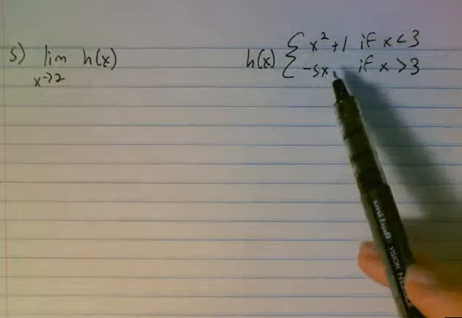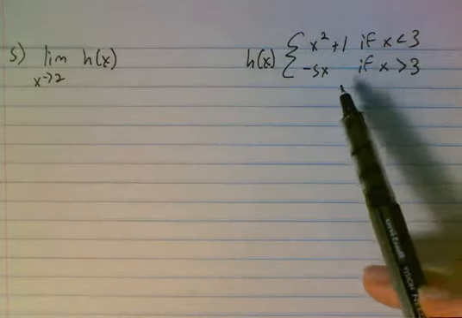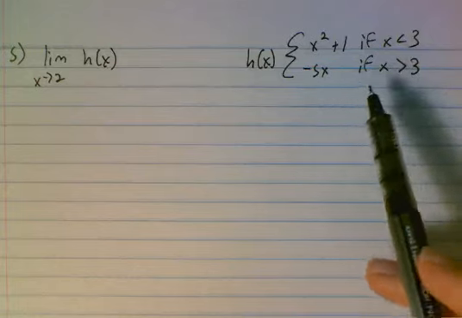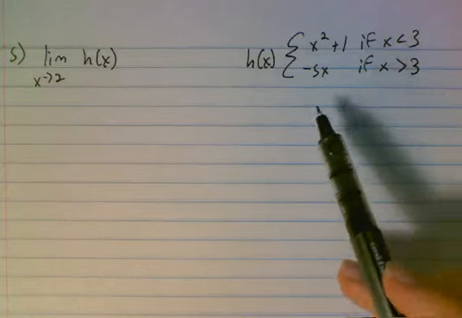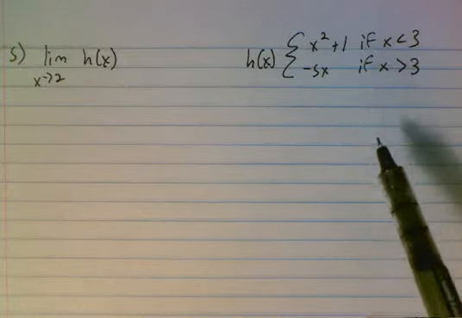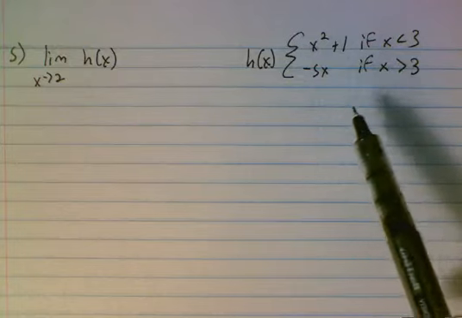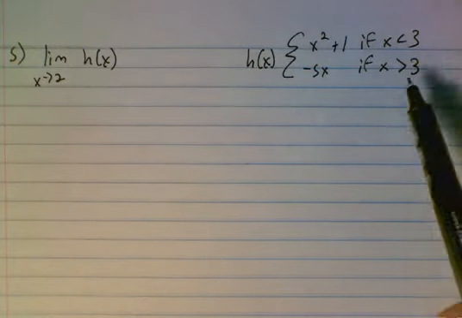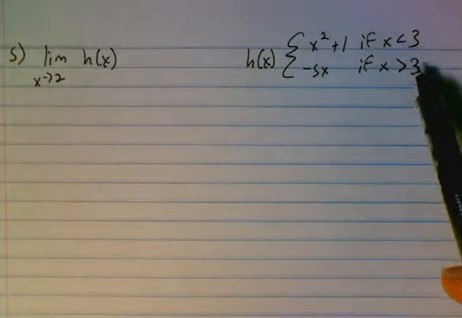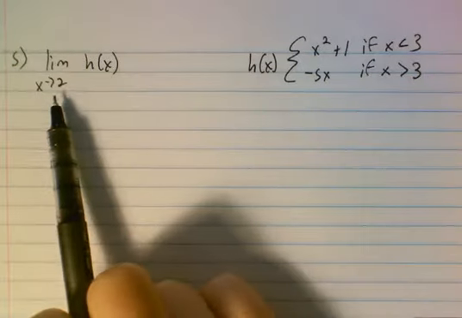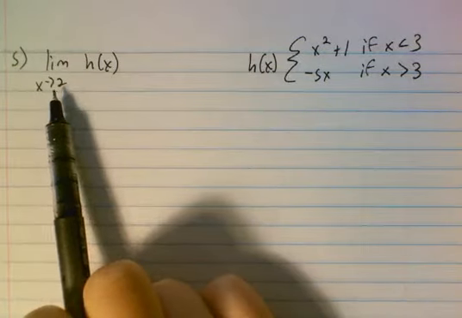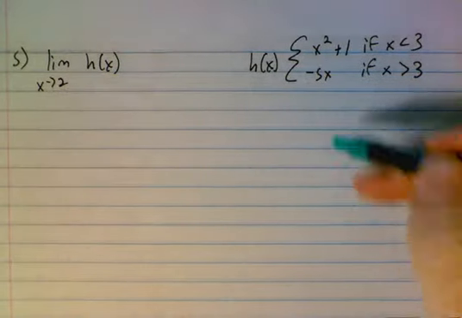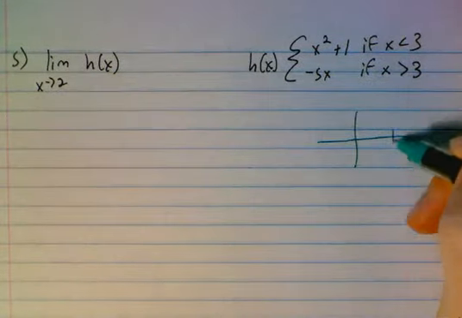We could have had something in the middle that says, okay, when x equals 3, there's this particular number. But all we care about with the limit is what we're approaching. So we actually don't care about what would happen if x equaled 3. And in this case, we really don't care about what happens when x equals 3 because we're evaluating the limit at x equals 2. So what makes this problem sneaky is that if we go to draw it,